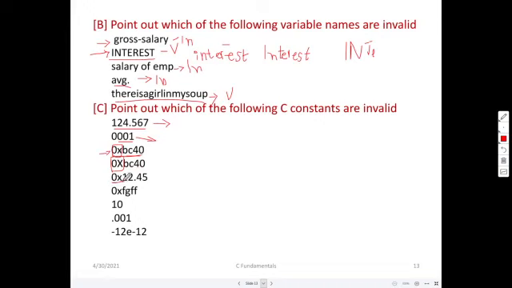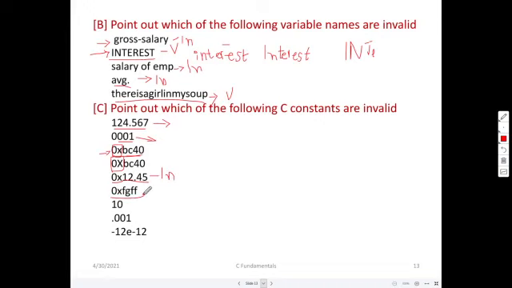Correct? Here, 0x 12.45. Is it allowed? No, it is not allowed. Octal and hexadecimal numbers work only with character and integer, not with float numbers. So this is invalid.